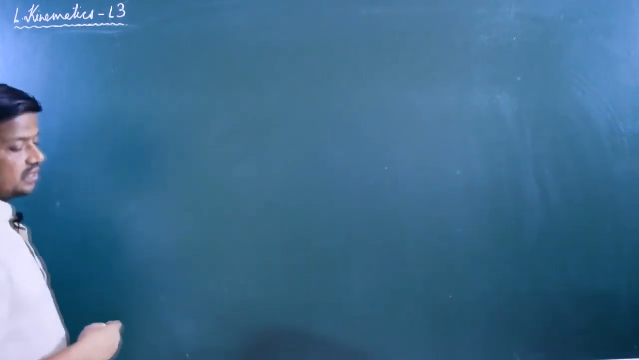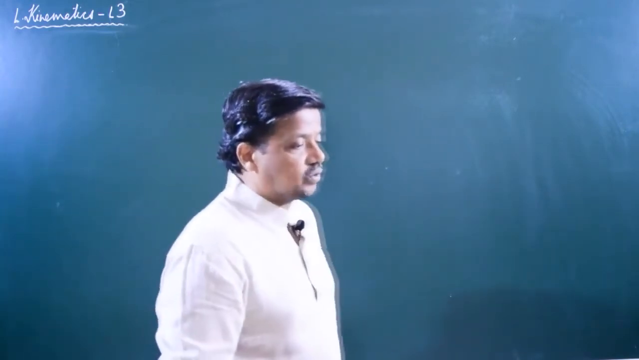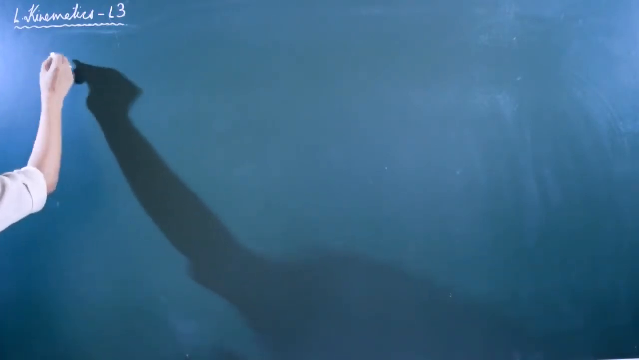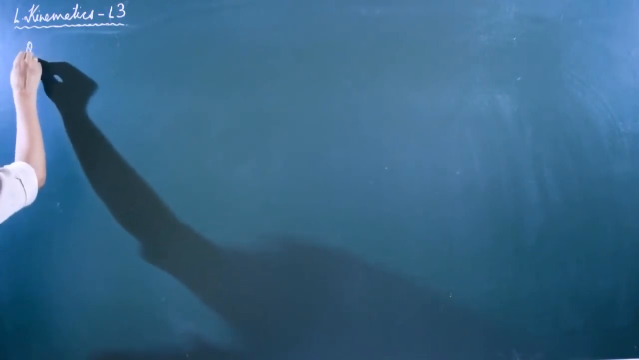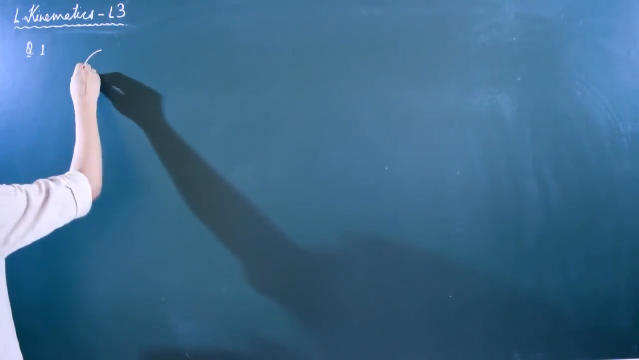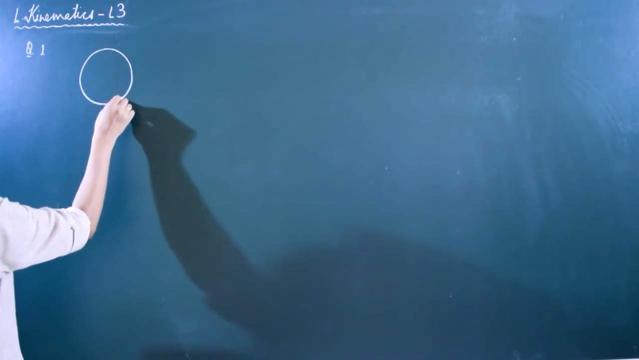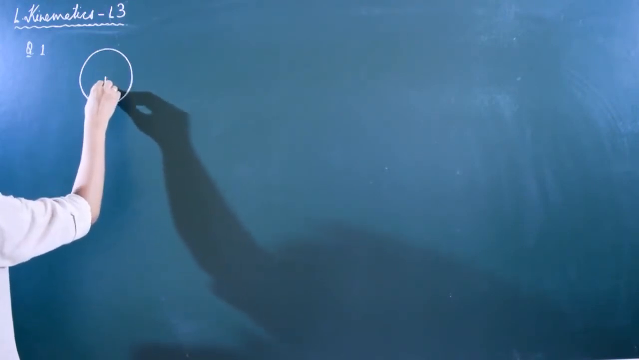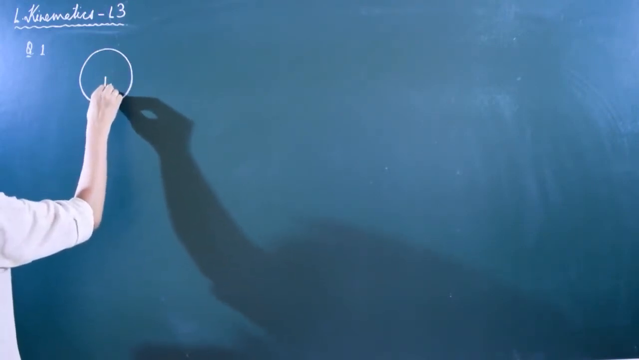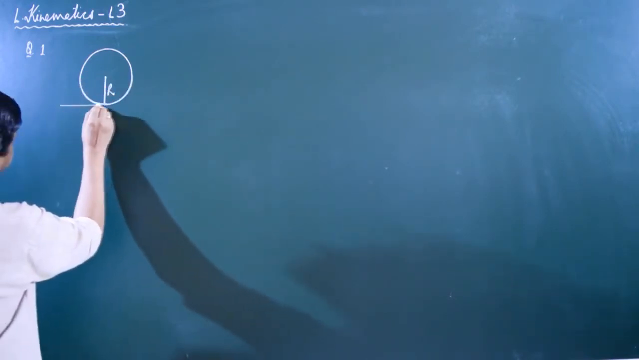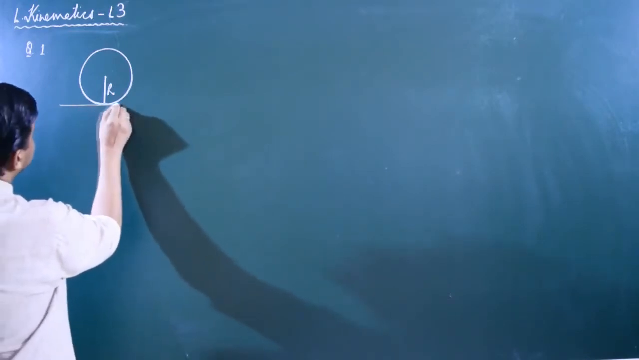So we move to the next question. We have discussed some questions in the previous class. Now we come to the next question. See, we have a wheel of radius r over the horizontal surface. Okay,